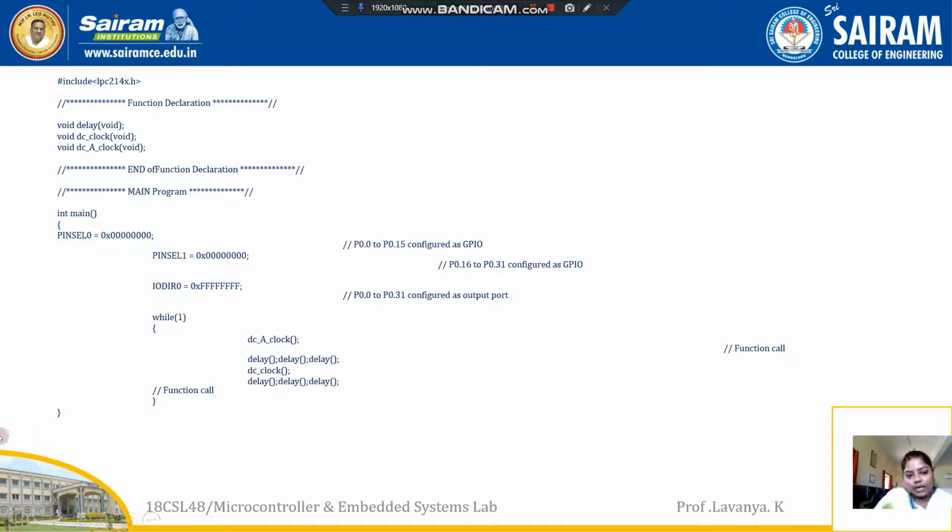In pin selection 0, I have taken port 0 from pin 0 to pin 15, and I am going to configure it as the port 0 function, that is the pin selection 0 alternative function.